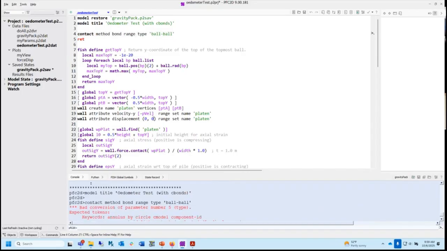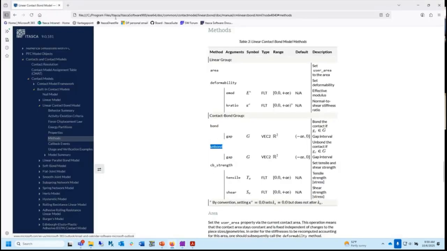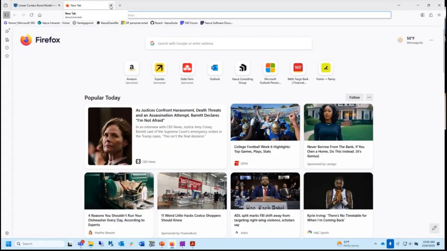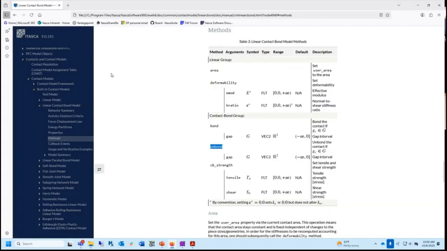Range. There's a range command that makes it apply. Type. You can see what I'm trying to do, right? I only want to bond the ball contacts. Is it range set, as we did with the wall? That's a super good idea, but that's not right. I hate PFC because when they rewrote it, they made it so complicated. But it's hard to make it any less complicated because it's doing so many things. It's so general purpose.